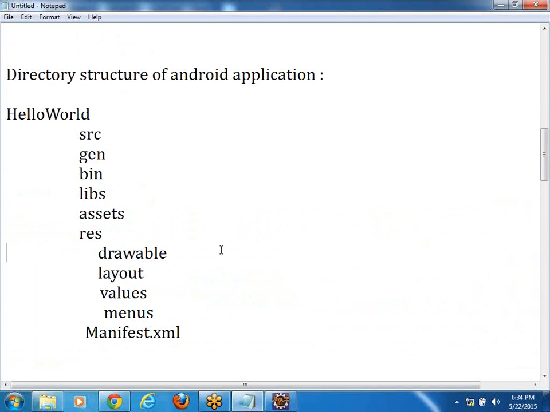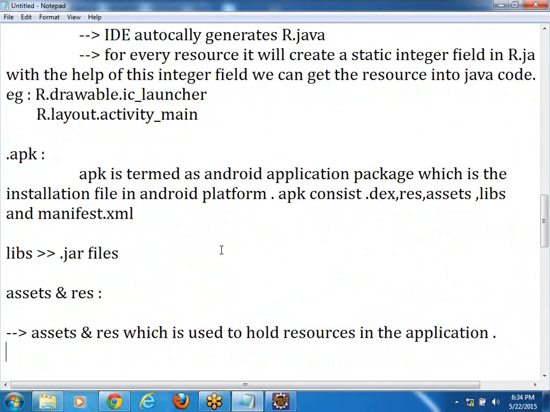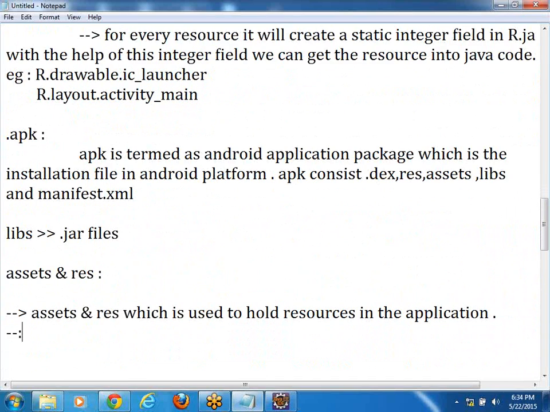For each and every screen, you have to create these two files, the Java file as well as XML. So if you put a file in resource folder, you can access it in XML as well as Java. But if you put a file in assets folder, we cannot access the resource in XML. Only we can access the resource in Java. So here, second difference is, if we put a resource in resource folder,